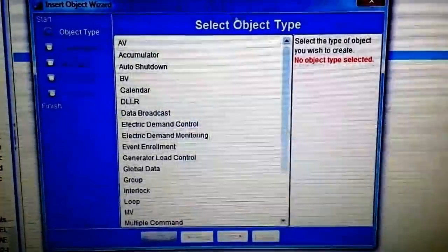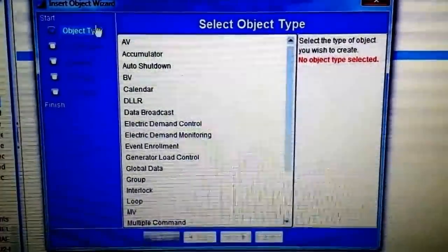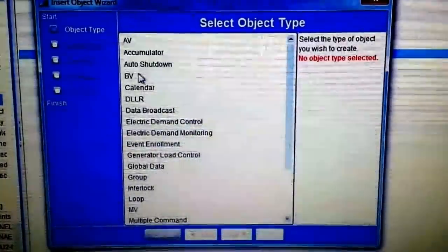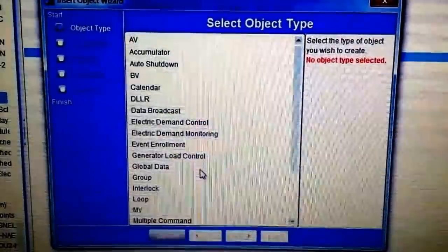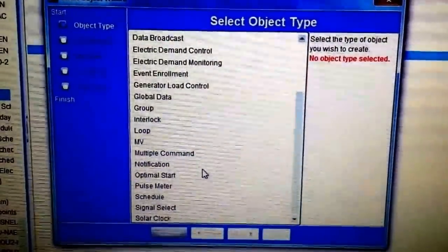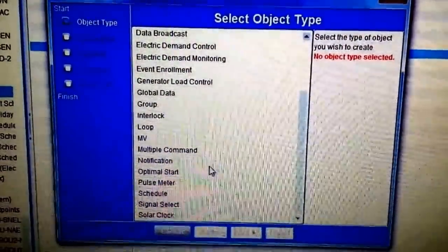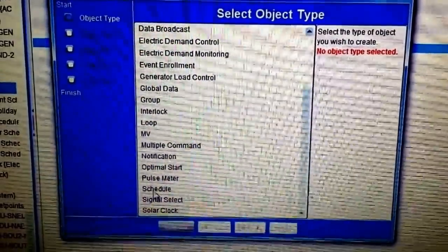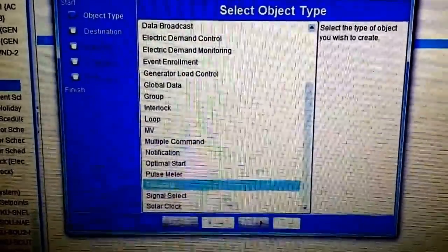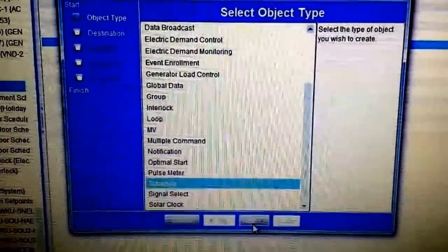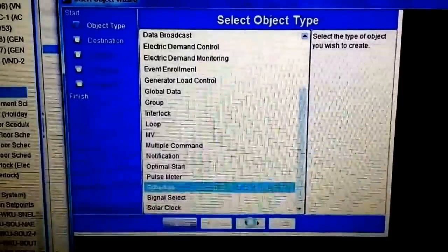I can select whether I want an analog value, an accumulator, an auto shutdown, a binary value, of course a calendar, and just a whole list of other objects for the system. Now, the particular one that we want is right here, Schedule. I'm going to highlight that, and of course then it is going to give me the option to proceed to the next step. Once I click Next,